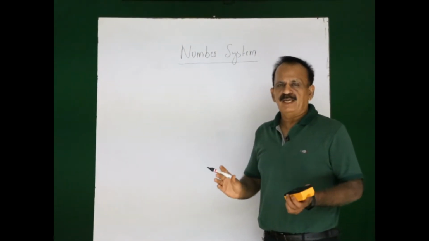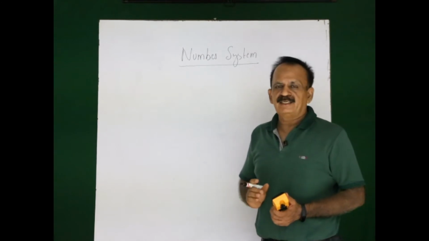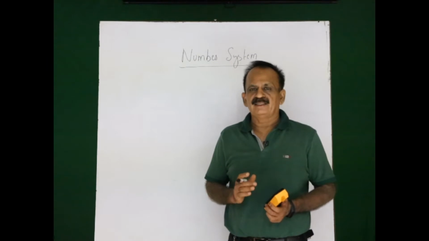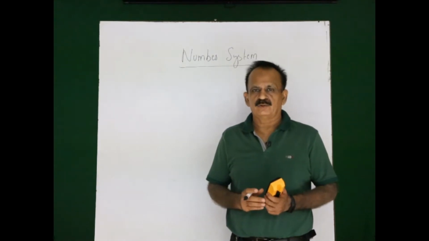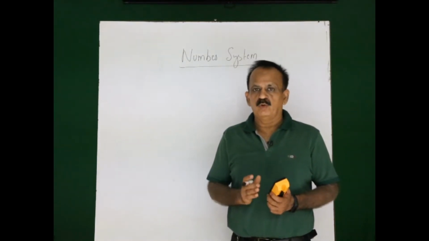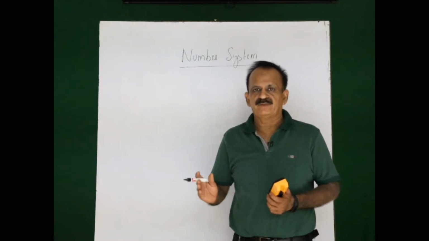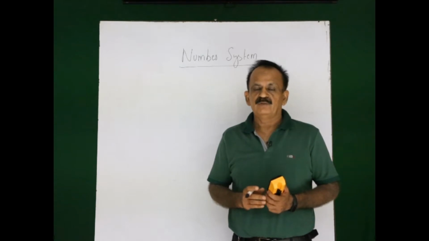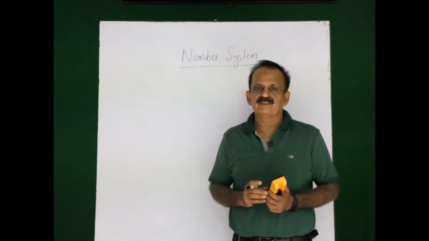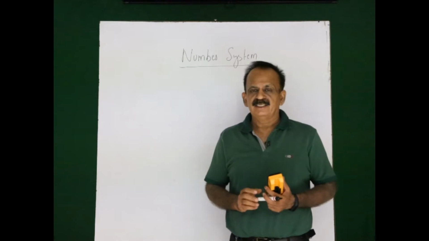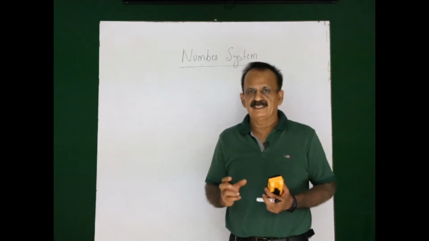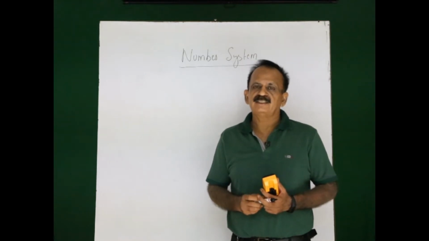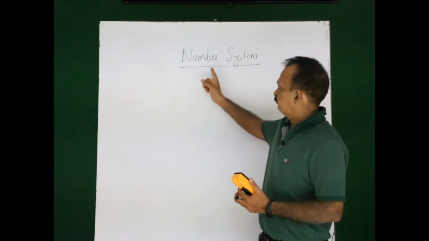Right from class 1, we understand that there are 10 digits, and these digits we use for counting, and these digits are used for calculations also, like digits 0, 1, 2, 3, 4, 5, 6, 7, 8 and 9. These are the 10 basic digits which are used for counting as well as for calculations, and this set of symbols and digits which are used for calculation and counting, these are known as a number system.